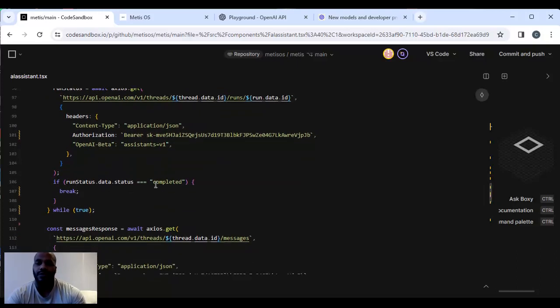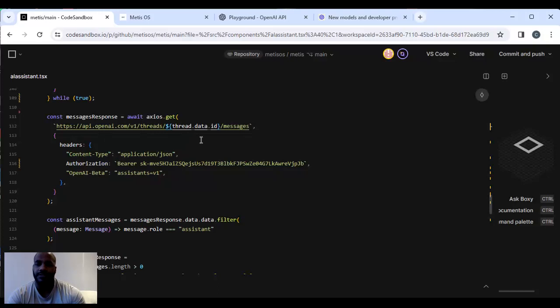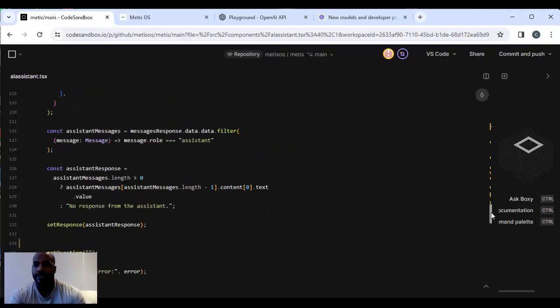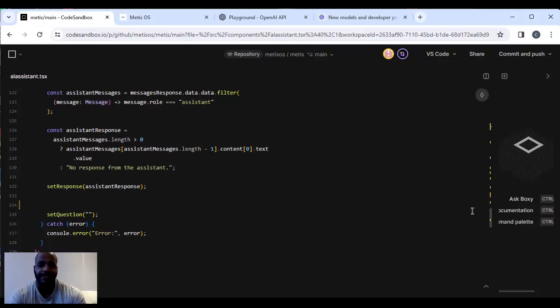We're waiting for the completed status right here, and once we get that status of completed, then we display it in our interface. It gets the message back from the assistant with that response. And like I said, it's very simple. We have some error catching, but this is all happening basically in one big function